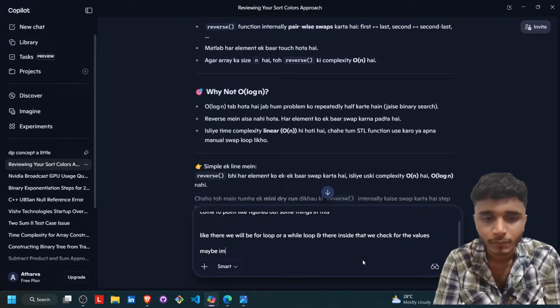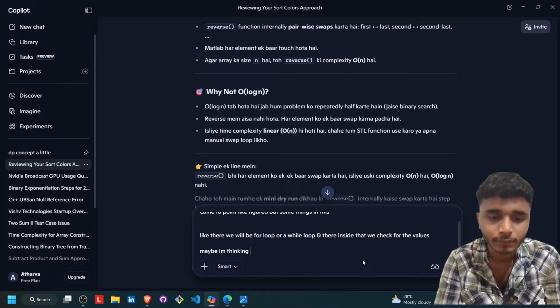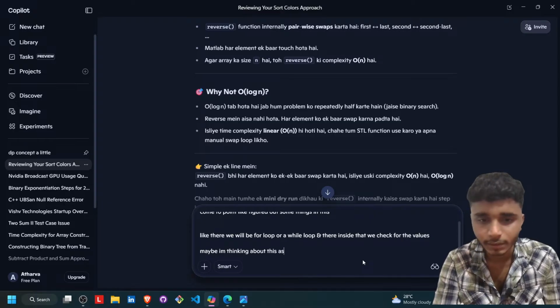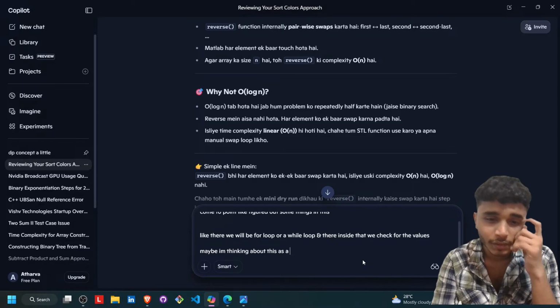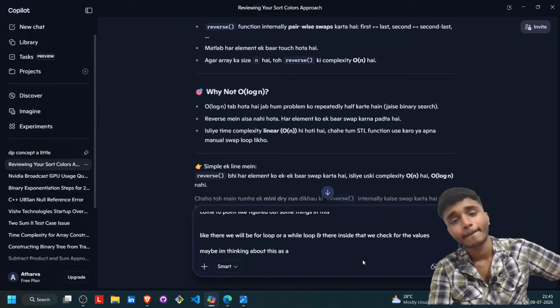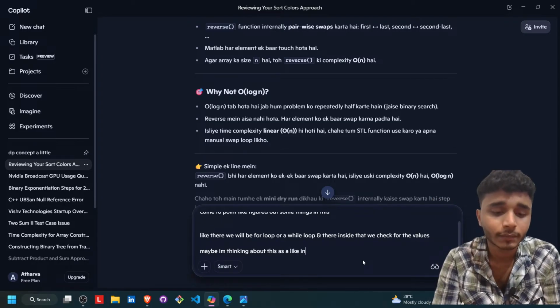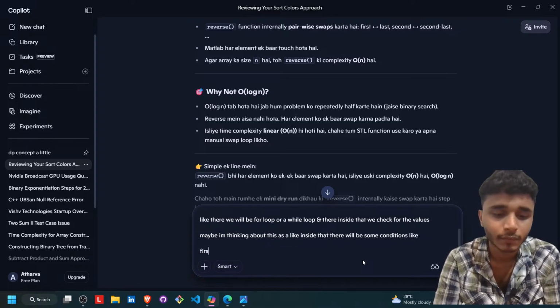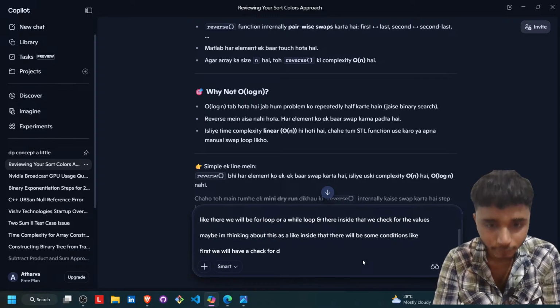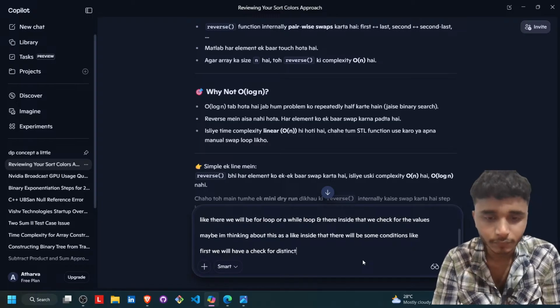Maybe I am thinking about this as a, like, inside that there will be some conditions, like first we will have a check for distinct values, and there